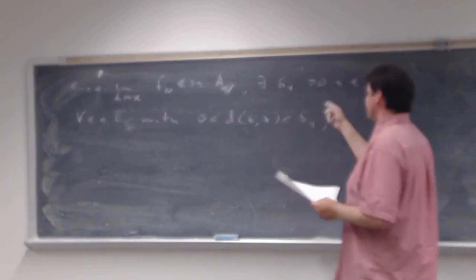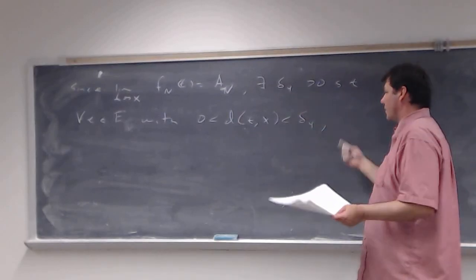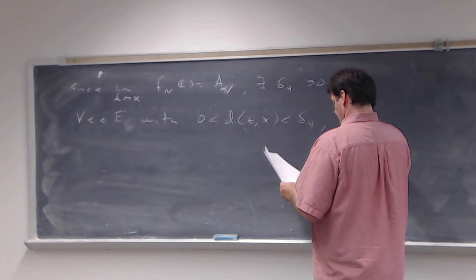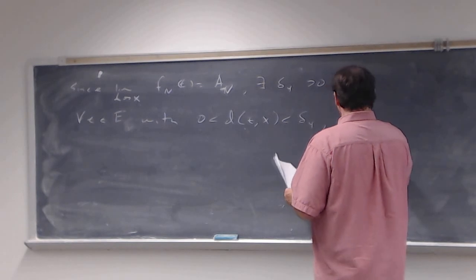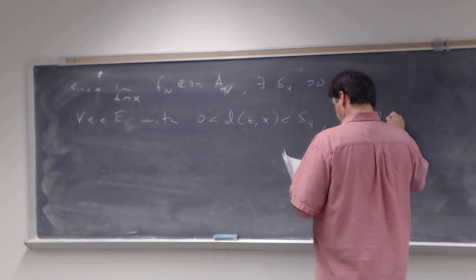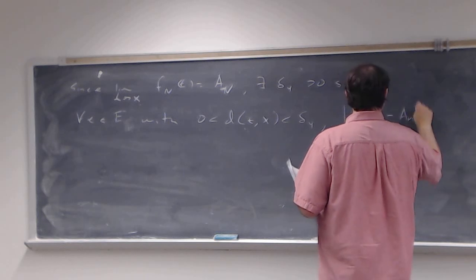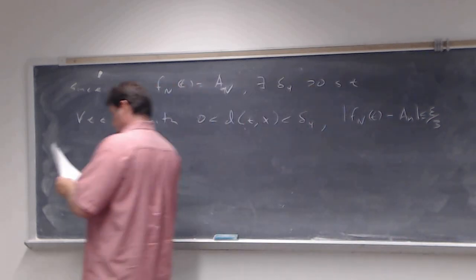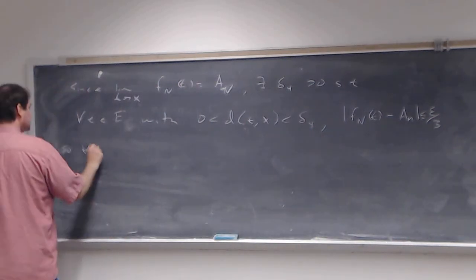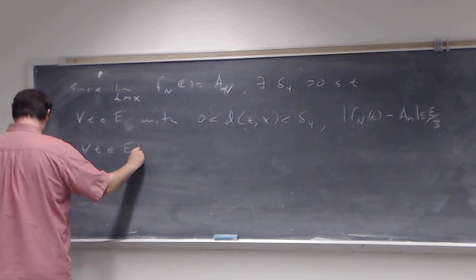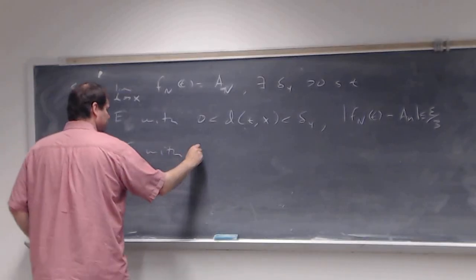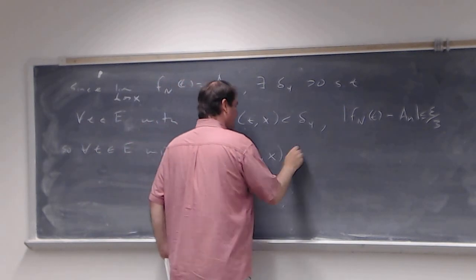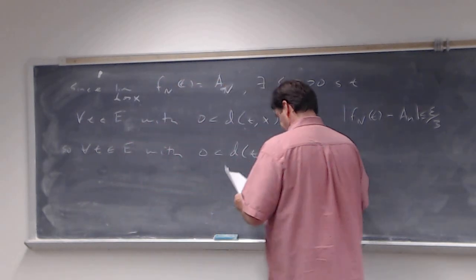I don't know if I've used delta sub 4 before, but this is another positive number. Then the norm of f sub big N of t minus a sub n is going to be less than or equal to epsilon over 3. So for all t an element of E with 0 less than the metric between t and x being less than delta sub 4,